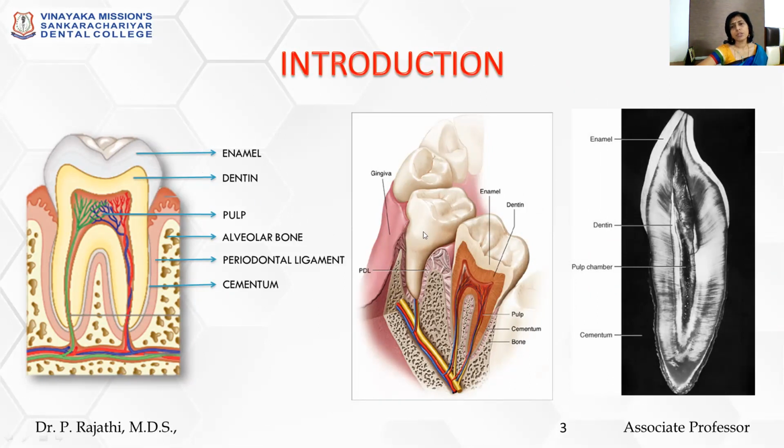So this tooth is usually located within the alveolar bone. Tooth is not directly attached to the bone. It is attached to the bone by means of the periodontal ligament fibers. It's a fibrous connective tissue that is going to attach the hard tissue bone with the hard tissue tooth. So outside the alveolar bone is the gingiva.